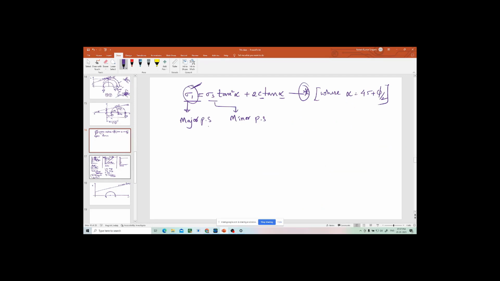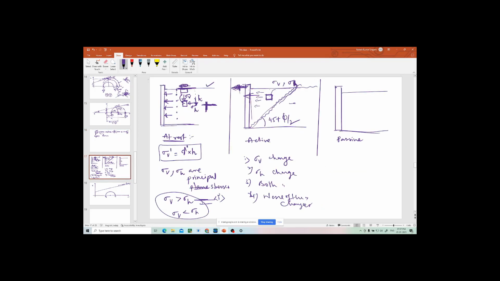Now after that, what did I tell? I have drawn these three diagrams with three retaining walls. The first retaining wall is telling about the at rest condition. The second one is telling about the active condition. And the third one is telling about the passive condition. Now, in the at-rest condition, I was telling that you can take one element where that